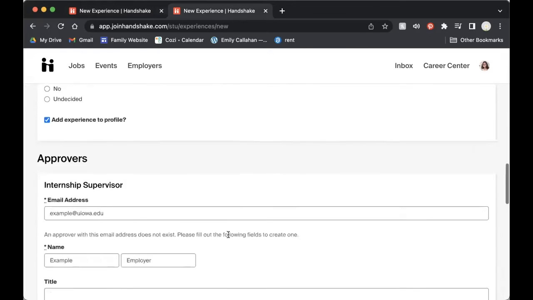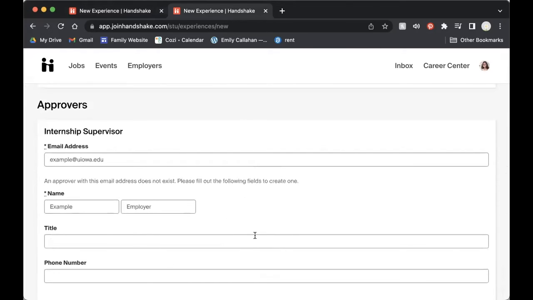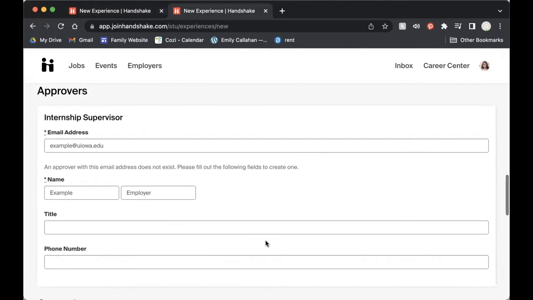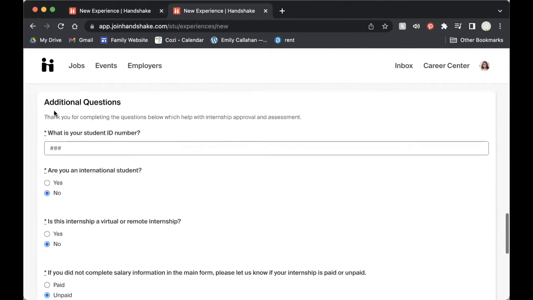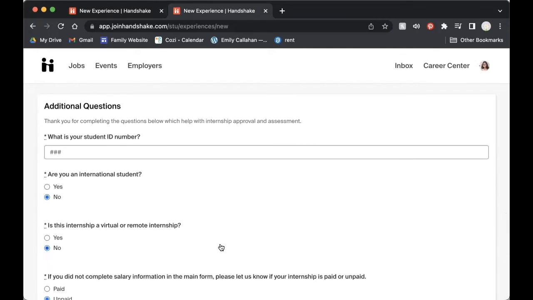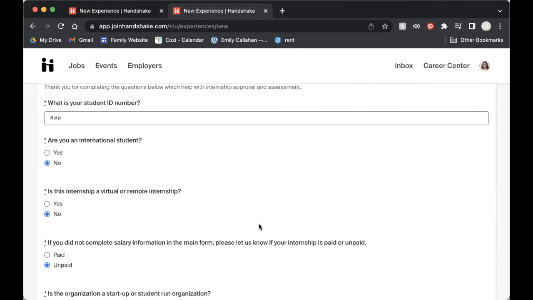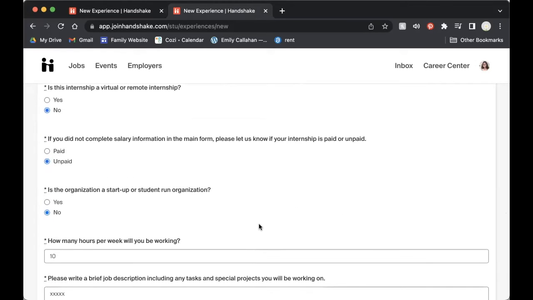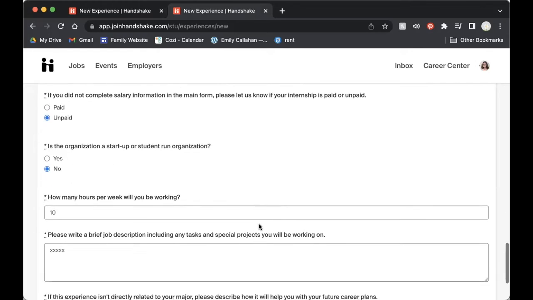You will want to make sure to provide your supervisor's email address down here so that we can contact them for evaluations. In this final section, we're going to have some additional questions that you can fill out. This section is going to change a little bit depending on what type of experience you're registering for, so be sure to read the questions carefully. Try to fill out this form with as much detail as possible to make it easier for us to verify